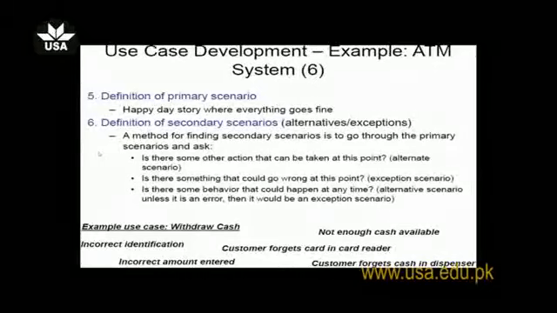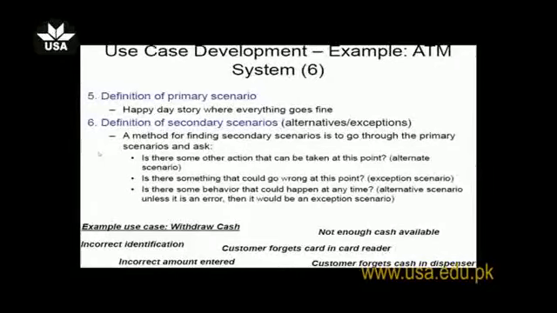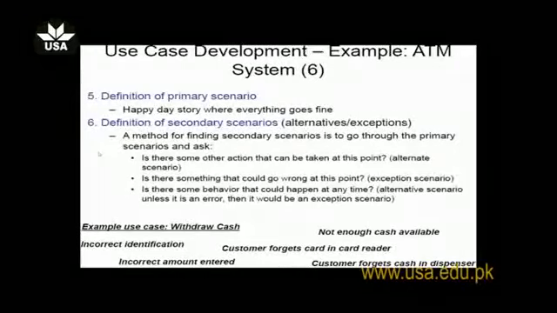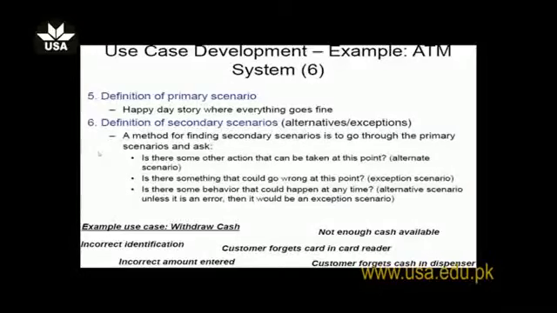Alternative scenario. Is there something that could go wrong at this point? Exception scenario. Is there some behavior that could happen at any time? This is again a situation where we should provide an alternative solution or an alternative way to handle the